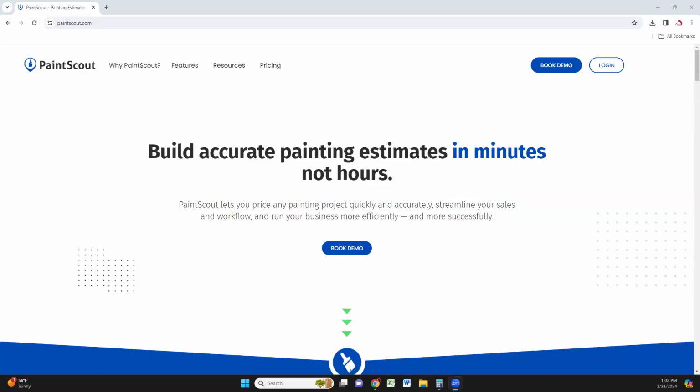Okay, so in this video, I'm going to be going over how to use Paintscout. And this is not specifically how to use templates versus building from scratch or anything like that. This is just how to use each individual function so that you have a grasp on how to build out rates and whatnot as you go,